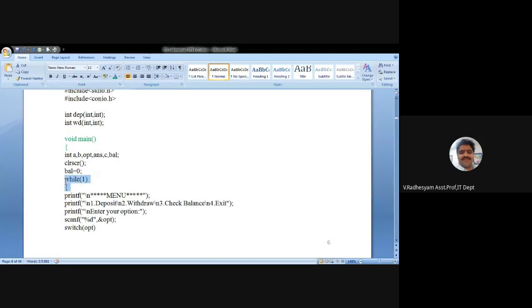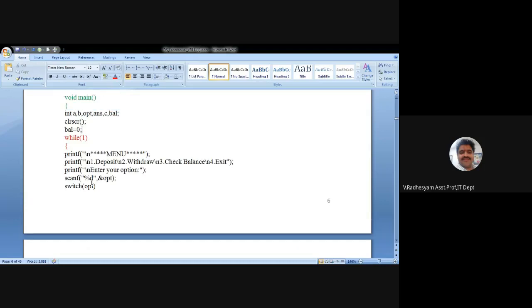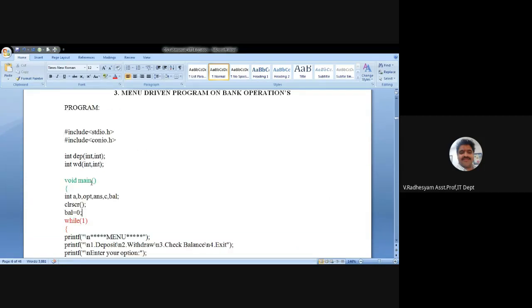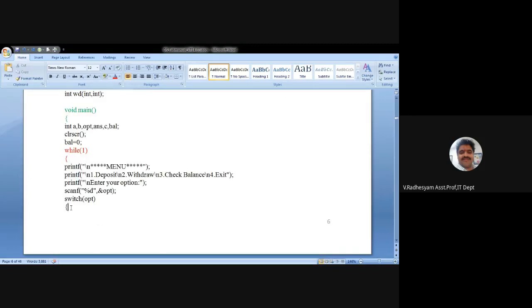This is the start of the infinite loop. This is the start of the switch case. So the switch case will be closed here.